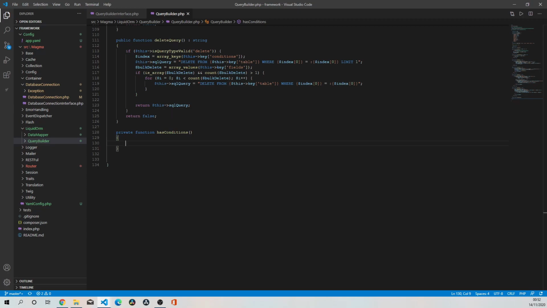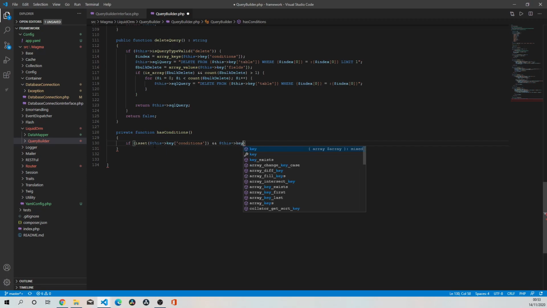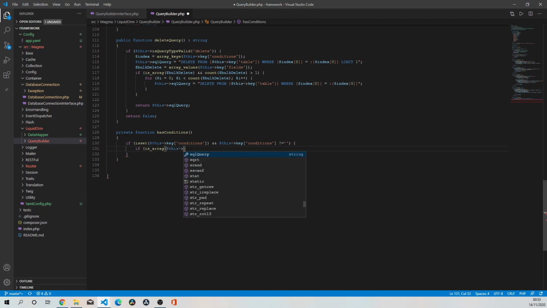And what we're going to check with this is, if this key conditions isn't empty, then if is array this key conditions,